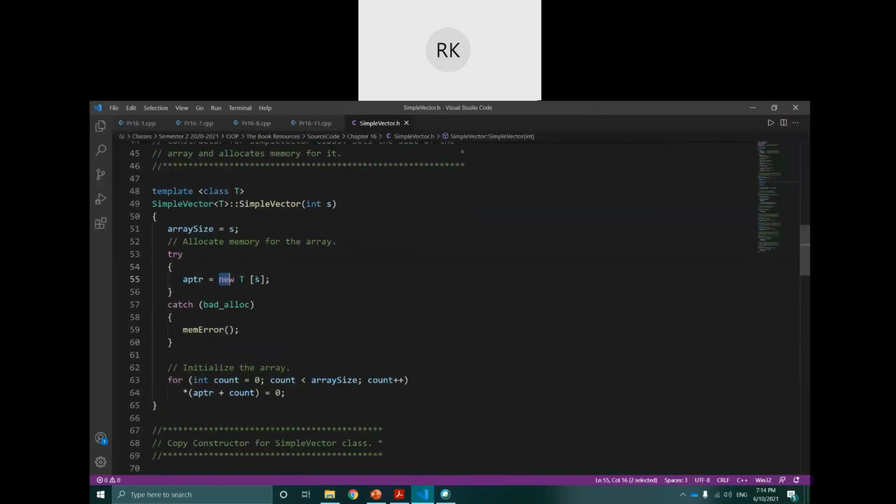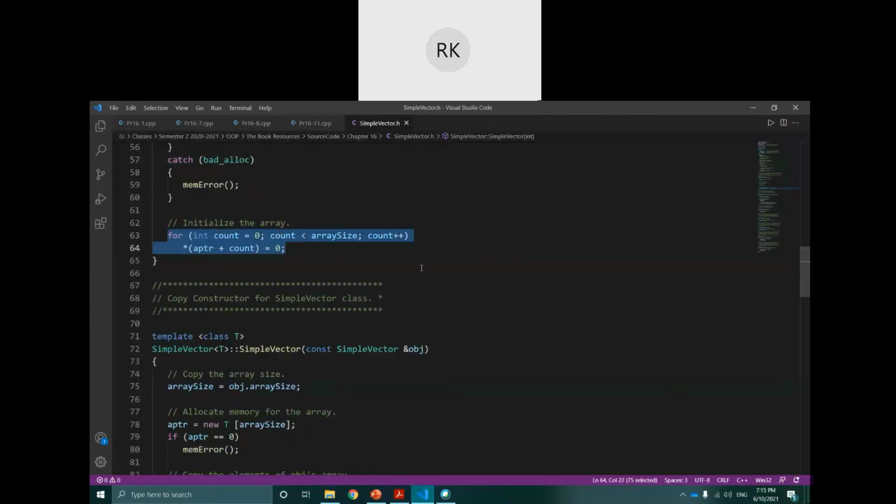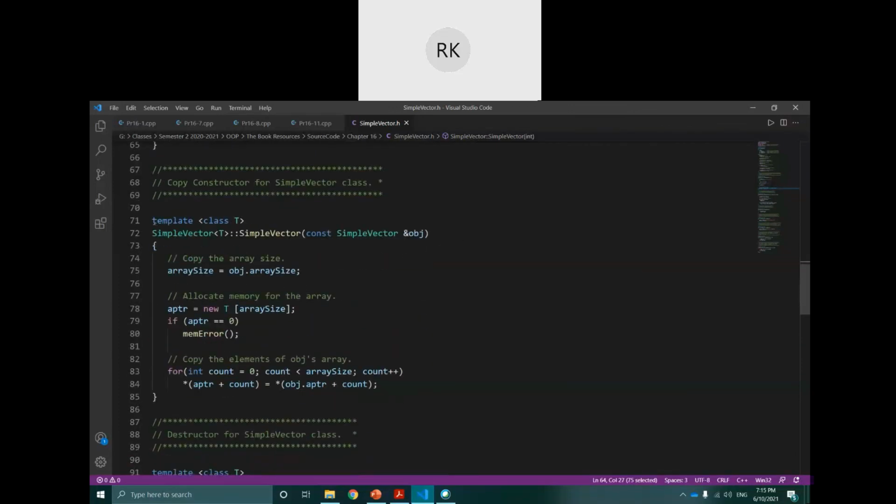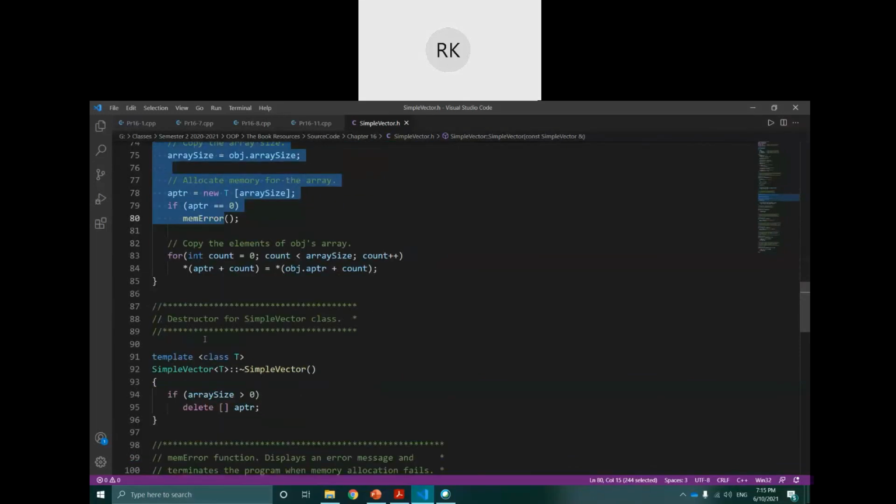Actually, it automatically creates one array. Its size, you see, the s is the size of the array. It automatically creates an array, and you see it implemented the bad allocation exception also, that if this new word couldn't work, then an exception will be created, called bad allocation exception, and the catch will automatically catch that. And here it just returns the location of different values.